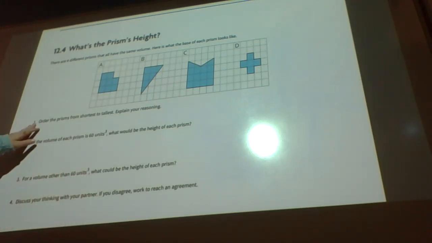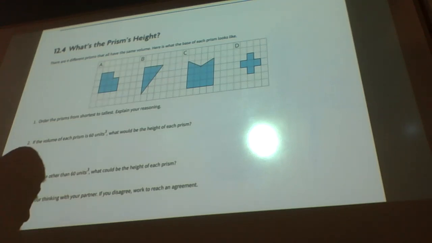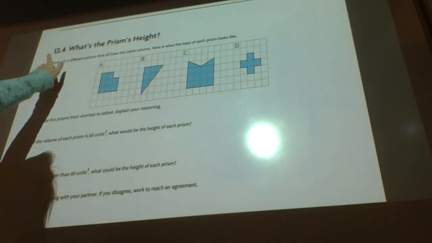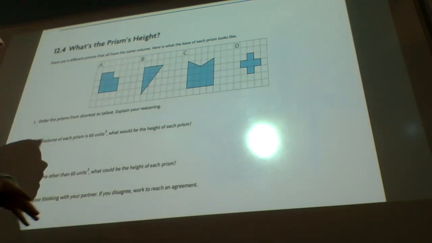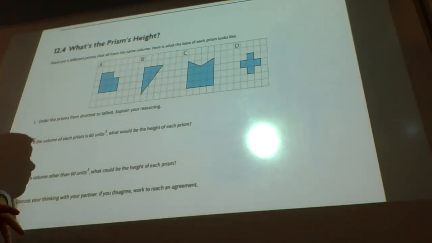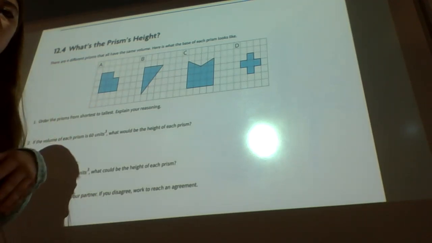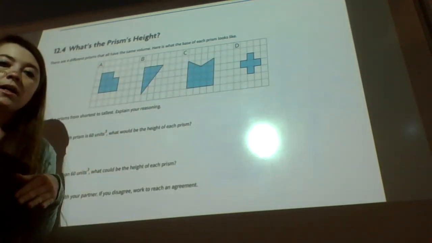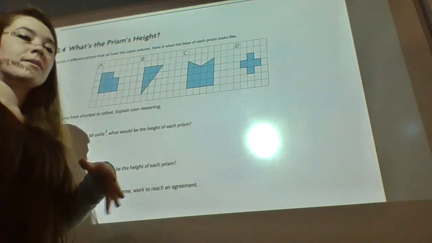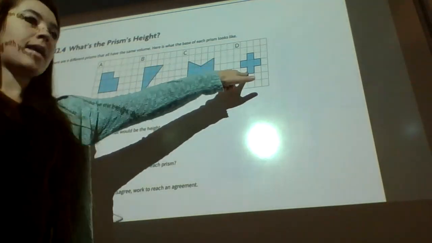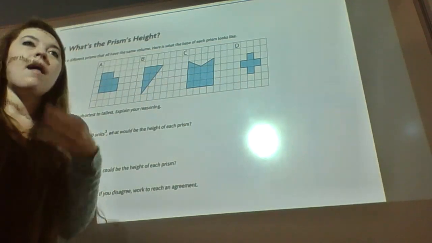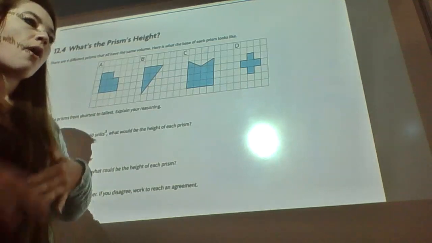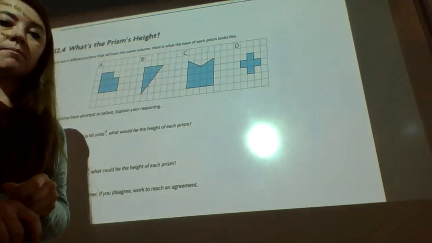And so in this case, we want to order the prisms from shortest to tallest. Explain your reasoning. So the key thing here is there are 4 different prisms that all have the same volume. Here's what the base of each prism looks like. So all of these are going to have the same volume. So the first thing we need to figure out is, well, what is the area of each of these bases? That way we can figure out what the height has to be for each of them to determine which is